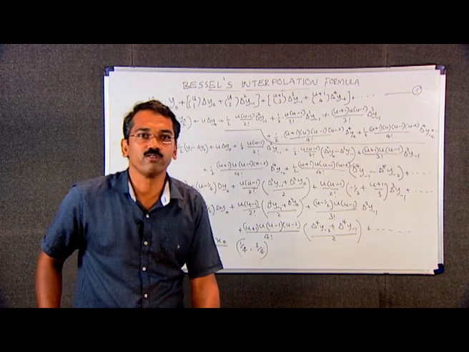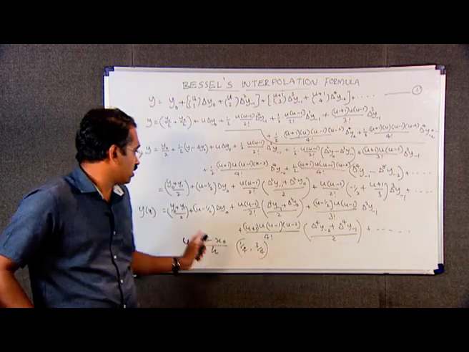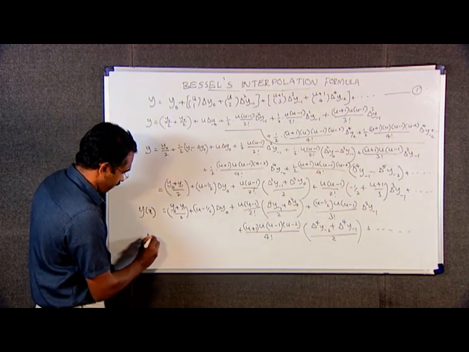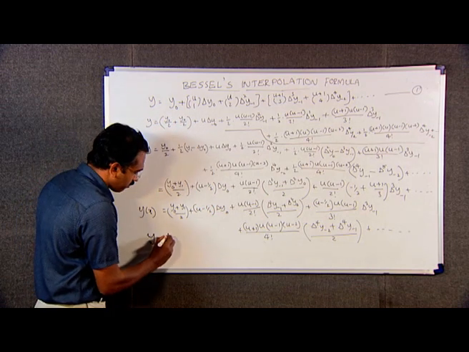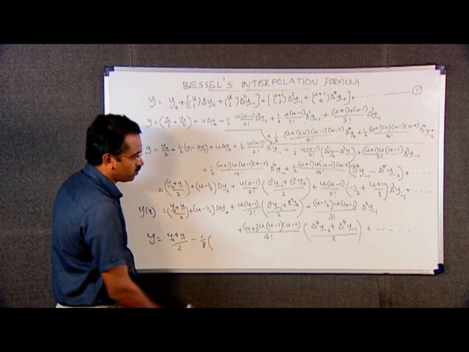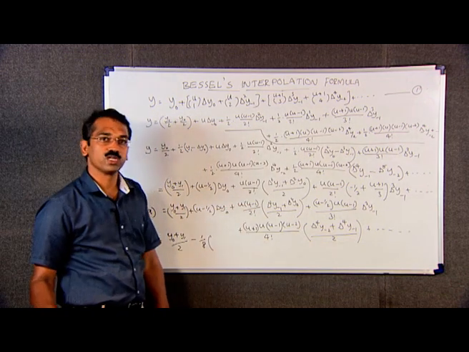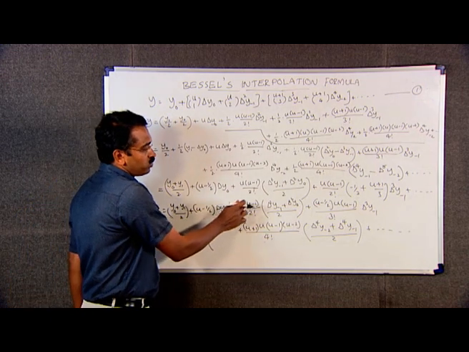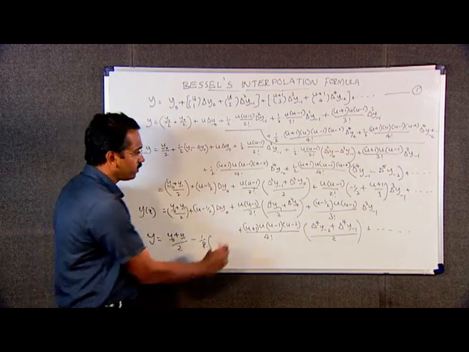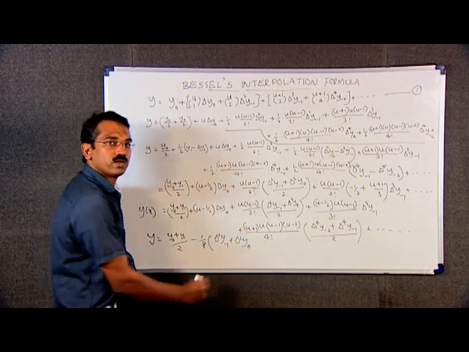That is, the coefficients of odd order differences will become 0, and this formula becomes y of x equals y naught plus y1 divided by 2 minus 1 by 8 into, here we put u equal to 1 by 2, this is 1 by 2 into 1 by 2 minus 1. 1 by 2 minus 1 is minus 1 by 2. 1 by 2 into minus 1 by 2 means minus 1 by 4 divided by 2 factorial, that is minus 1 by 8 into (delta square y minus 1 plus delta square y naught) divided by 2